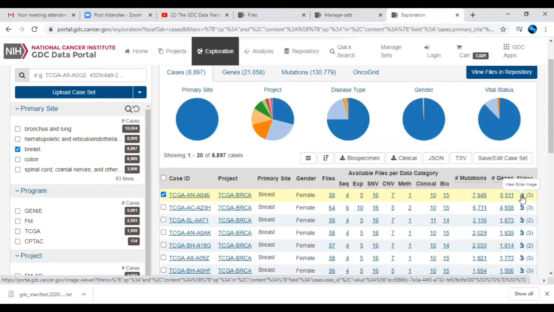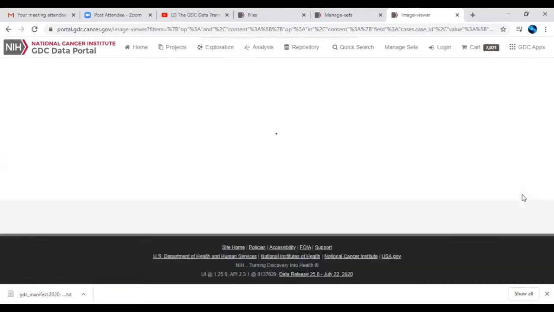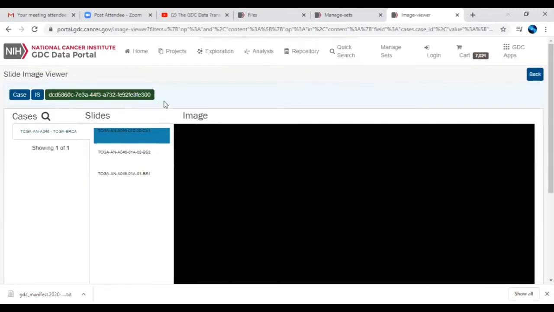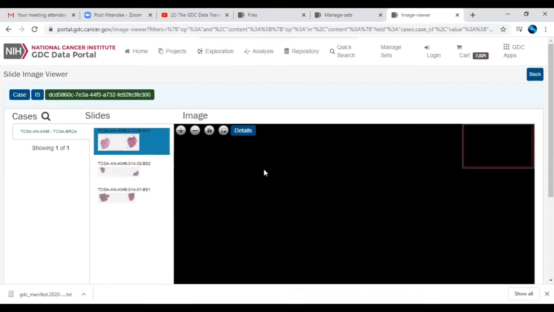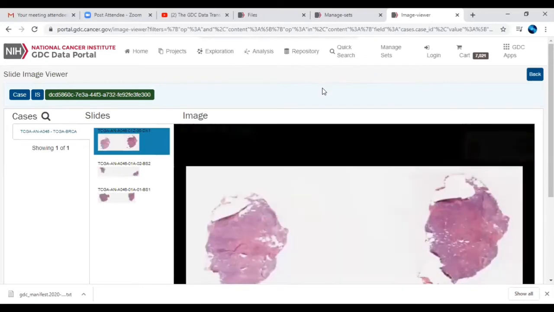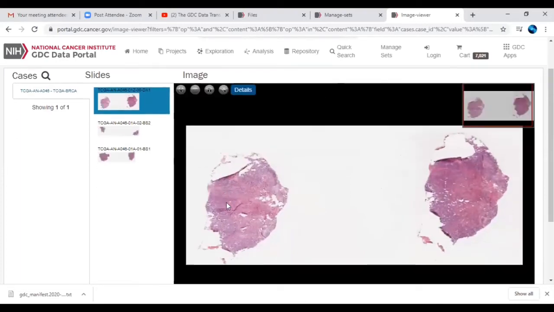And this slide information they have also shown us. I will just show you what the slide information is. Slide information is nothing but the images of the tumor. If some candidates are interested in machine learning, they can use these images with respect to omics data, learn from those images and build a training data set.